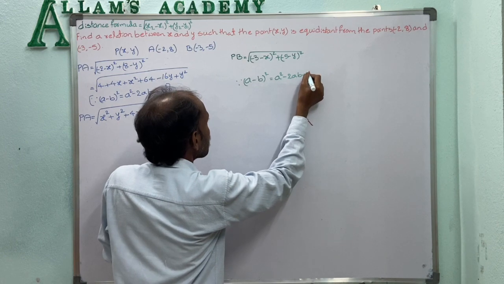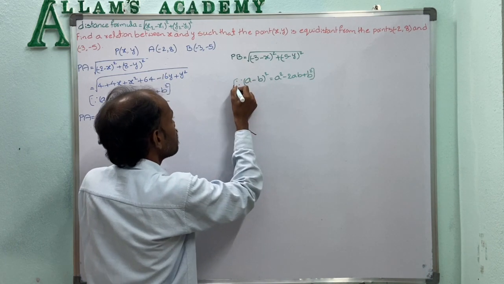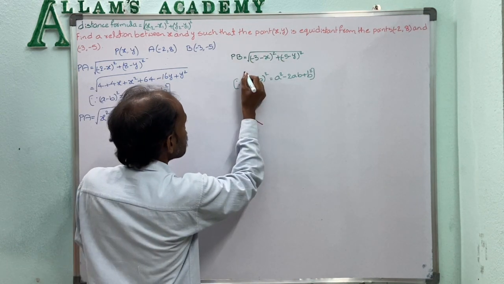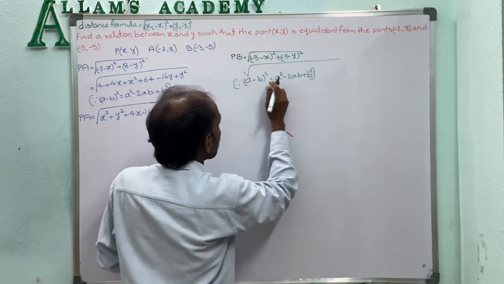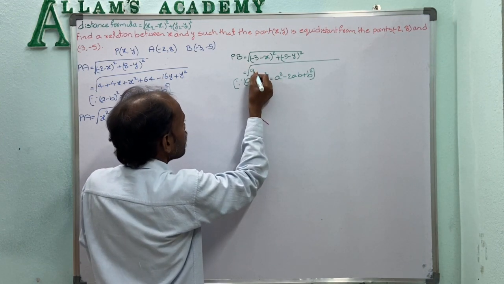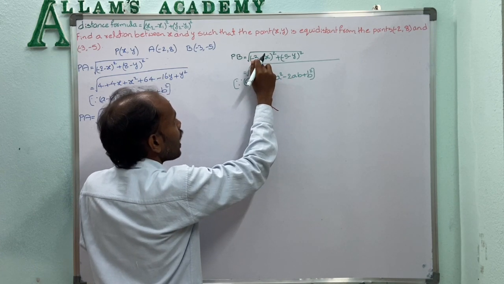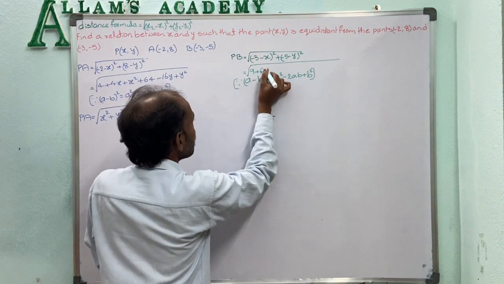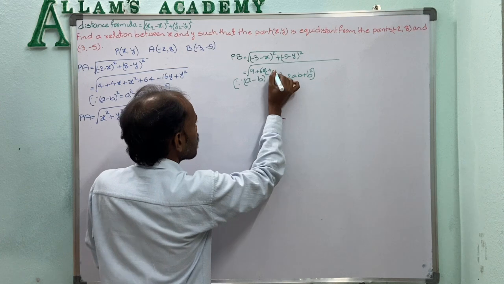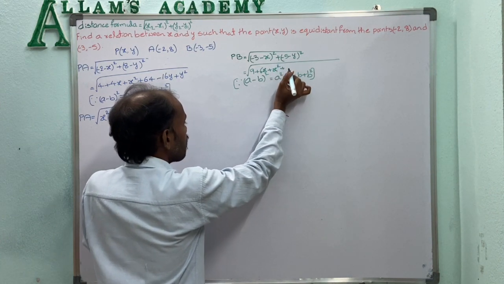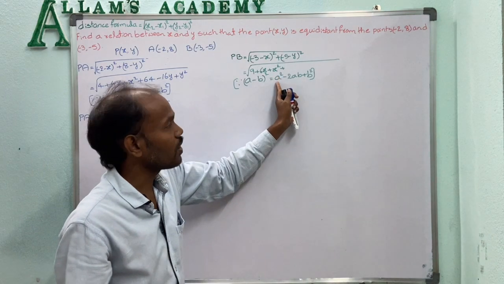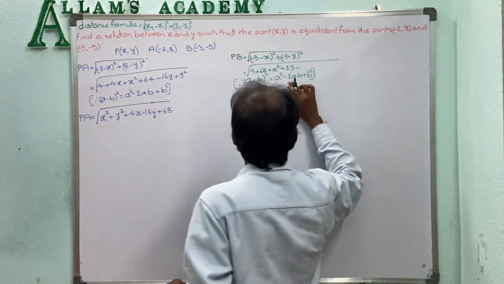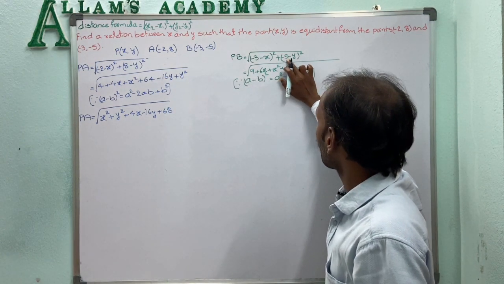Now in that first one, if we observe, minus 3 minus x means a equal to minus 3, b is equal to x. That means this will be written as a square, minus 3 whole square, that equals 9, minus 2ab, 2 into minus 3 into x, 2 into minus 3 is equal to minus 6, so with the sign it is plus 6x, plus b square, b equal to x, so x square. Then (minus 5 minus y) whole square, that is a square equal to 25, minus 2ab, 2 into a equal to minus 5, b equal to y.